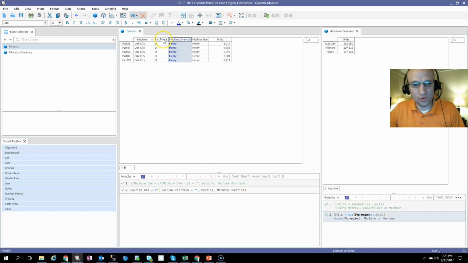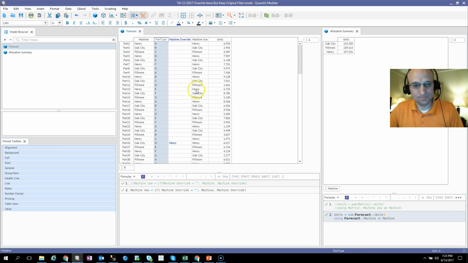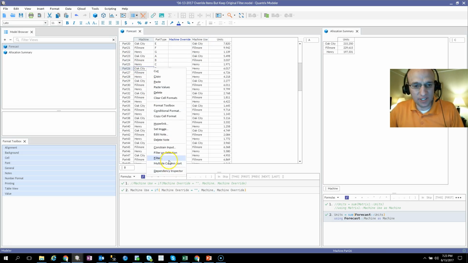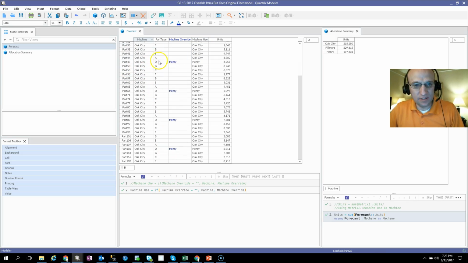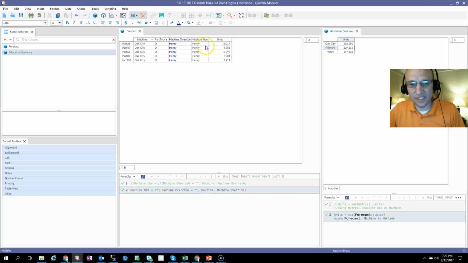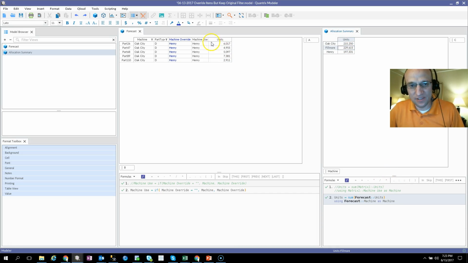And you can see if I were to remove all my filters here, you would see only product D has Henry. These others, I'm not overriding them, and therefore they're just copying over what is the original machine that I have listed. So anyway, back to Oak City, D, if I did filter on selection, then I did product D again, on selection. Then what happens is you can see that I'm not updating any numbers, they're not changing yet. And that's because I need to point this units forecast, or this units formula, to the different column,